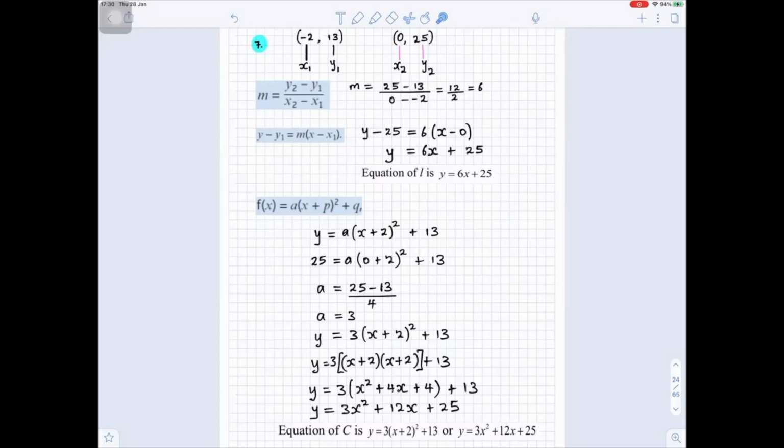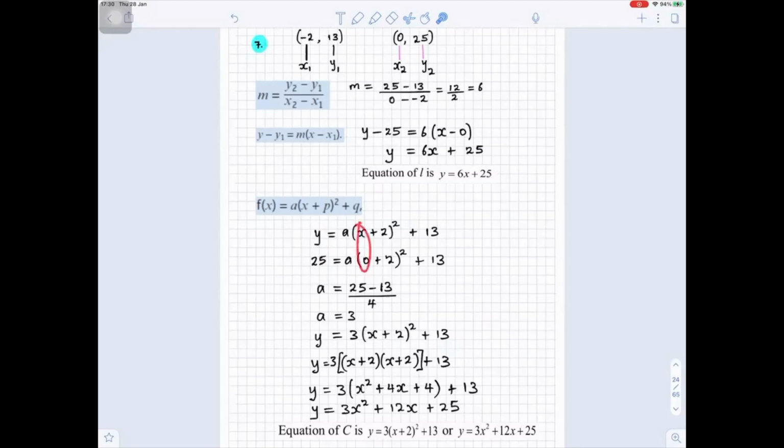Now, what we want to do now, we use this equation to complete the square. So we have y equals a(x + 2)² + 13, because of the minus 2 and 13. So y is 25